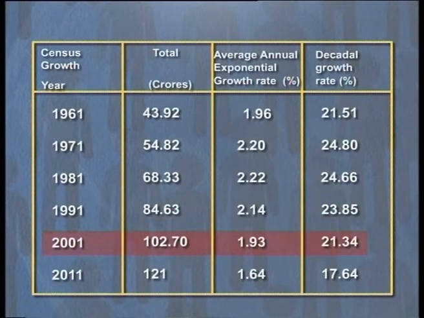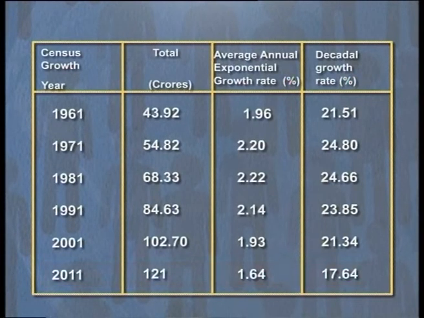In the year 2001, the total population is 102.70, while average annual exponential growth rate is 1.93 and the decadal growth rate is 21.34. In the year 2011, the total population is 121, while average annual exponential growth rate is 1.64% and decadal growth rate is